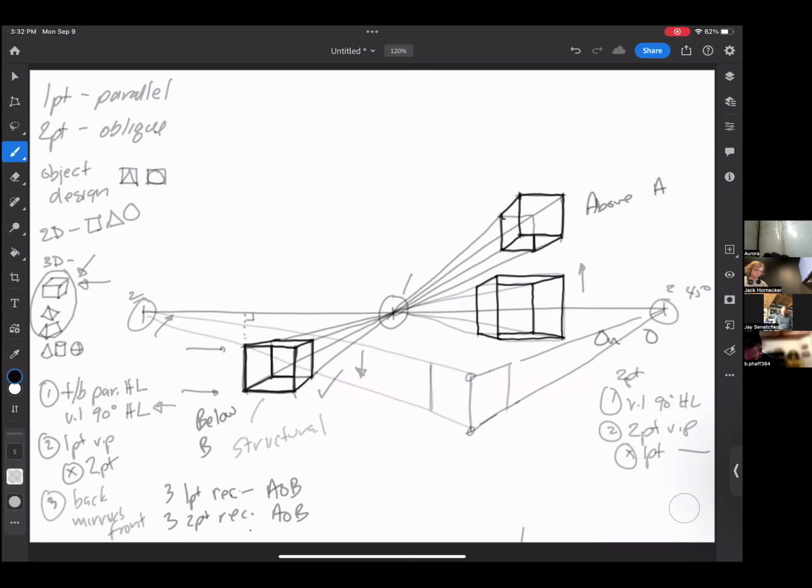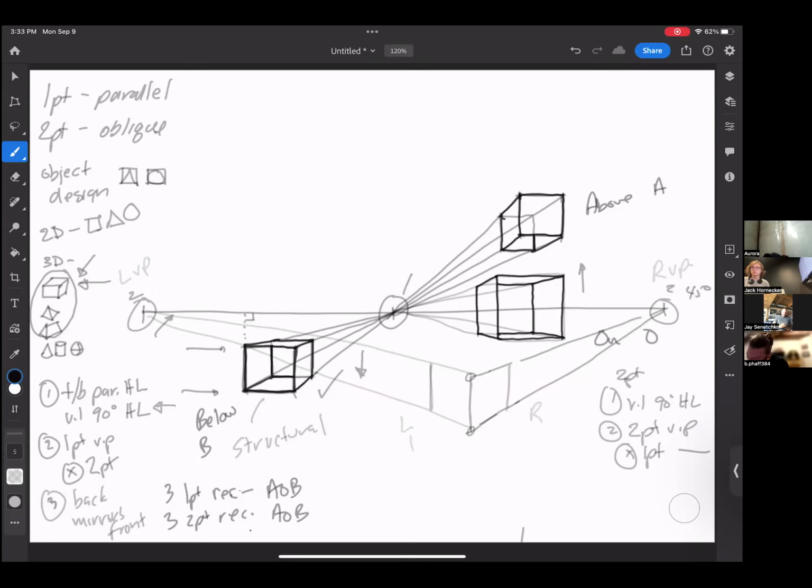Now, if a 2-point object gets confusing, this is where it gets confusing. So if you've tuned out and you're wondering how they got the electrical system into your apartment or the school, this is the time to check back in. Consider this to be your right vanishing point. This is your left vanishing point. This is the left-hand side of your object. This is the right-hand side of your object.